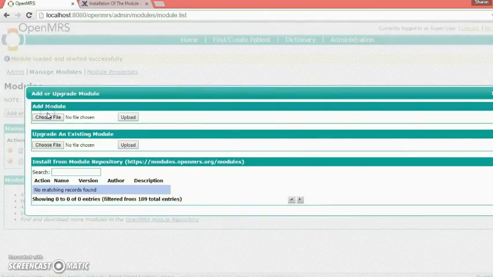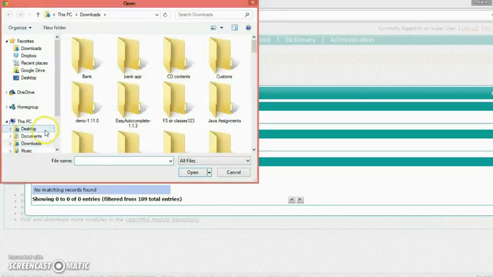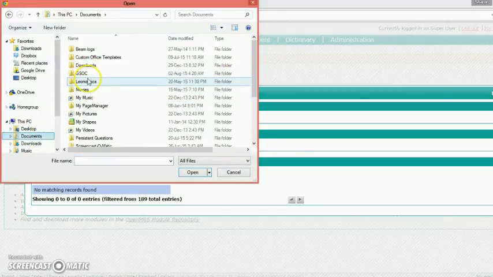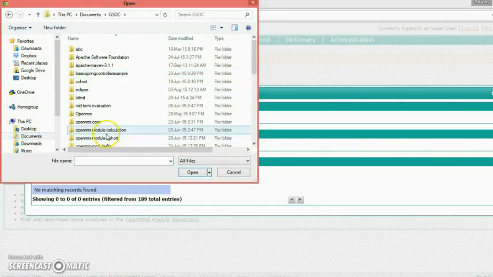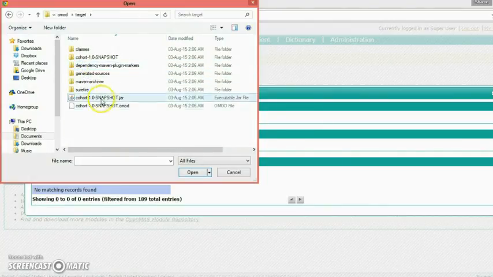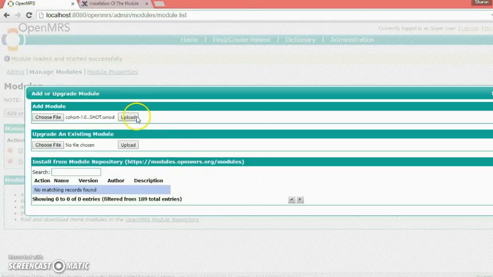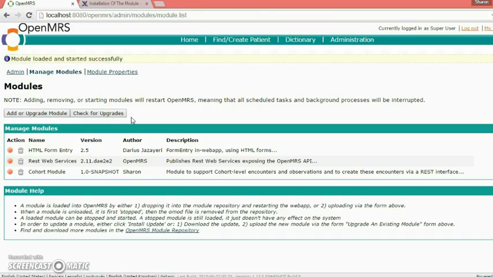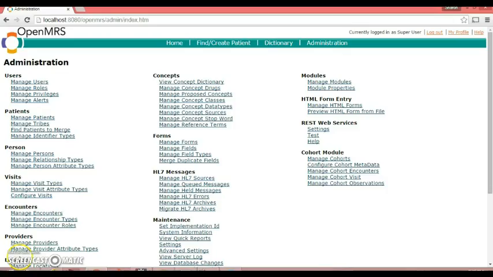And the last one, which is the cohort module. As you can see, all three modules are running.